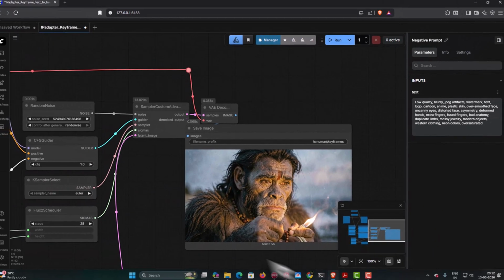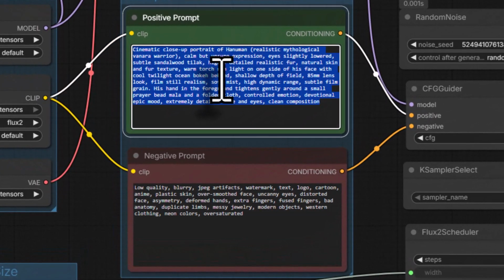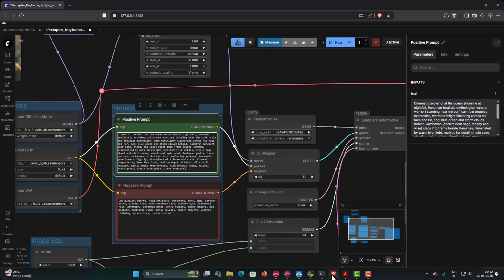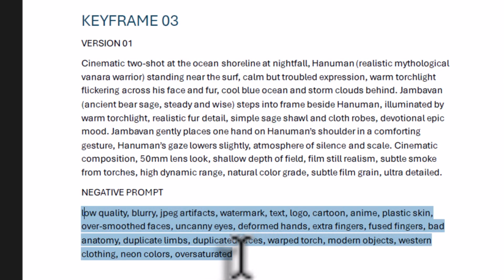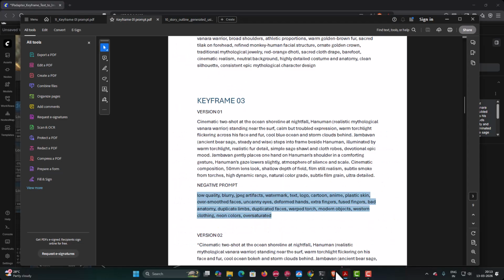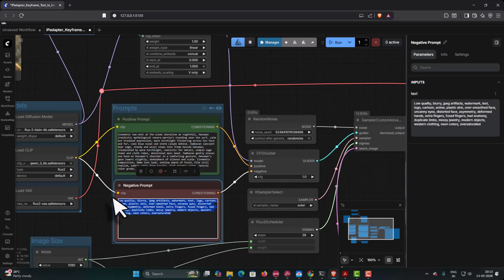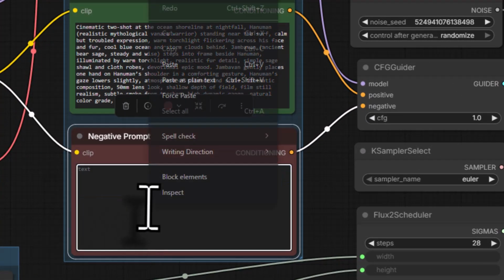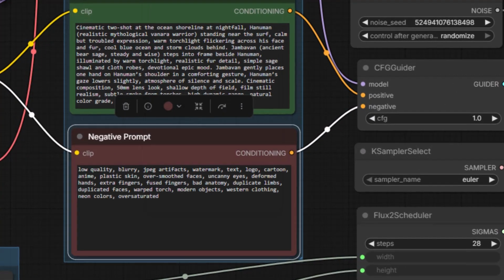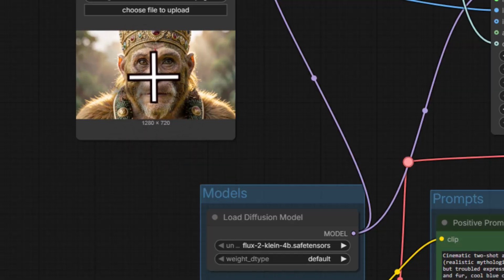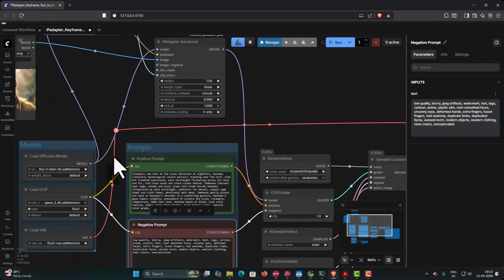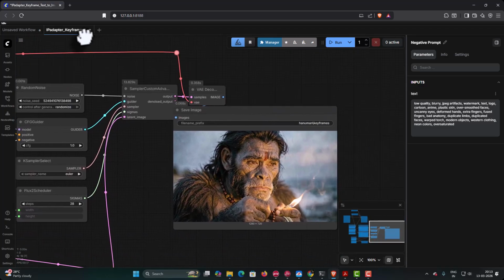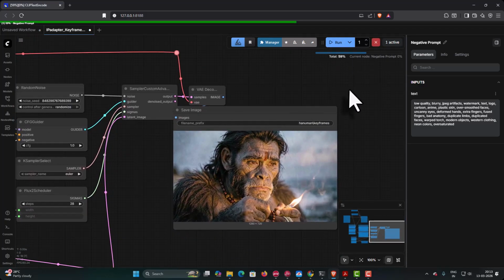Come back to ComfyUI, in the positive prompt, right click and paste it. Now I will come back to the document, select the negative prompt, right click and copy it. Come back to ComfyUI Studio, select the negative prompt text, delete it, right click and paste it. Now I am going to use the same reference image because this is also a medium shot of Hanuman talking to Jambavan. So leaving everything as it is, I will click on the run button to create my first image